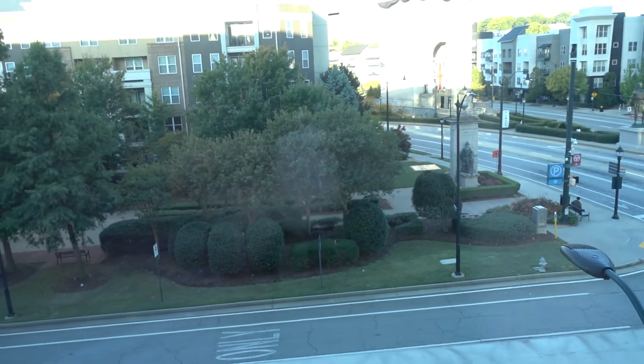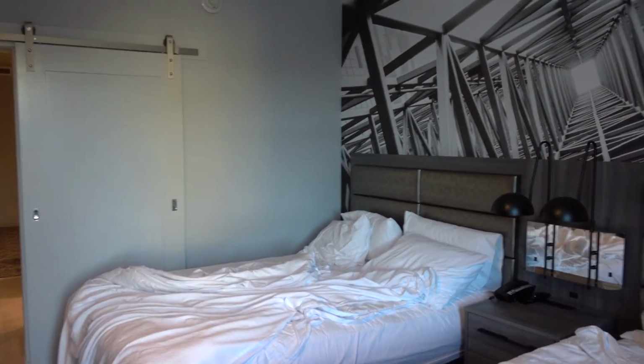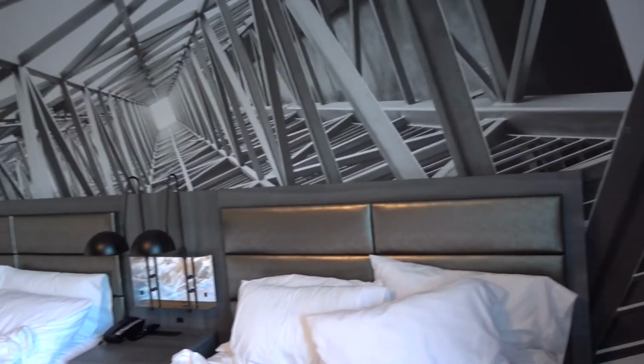A lot of the reviews said like, oh, you could park on the street and be sketchy. I don't see that. This is probably as safe as you're gonna get in downtown Atlanta. And yeah, here's the room. Only couple downsides is I paid for a king room, and as you can see, they gave us doubles. It's fine, but I don't know, get your system straightened out. I booked like 2 hours before we checked in, so it's not like they didn't know probably,